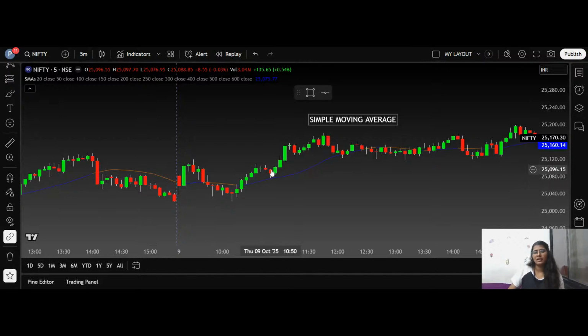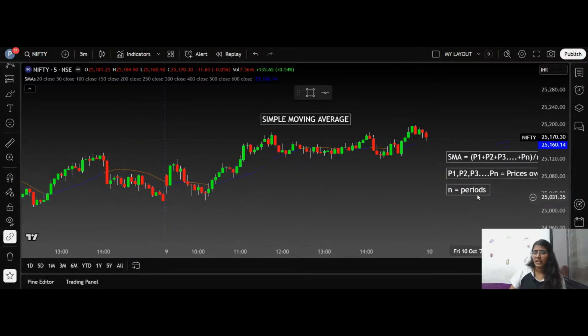Suppose this candle is going on in the live market and we took the average of 20 candles. So how will this line be drawn? This line will be drawn by taking the average of the previous 20 candles before this. Simply, if this candle is over, now this candle is going on. So if this is the 20th candle, we will forget about this candle, and the average P1 will be